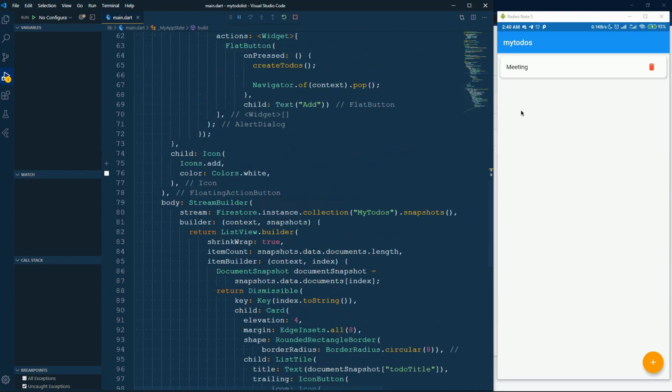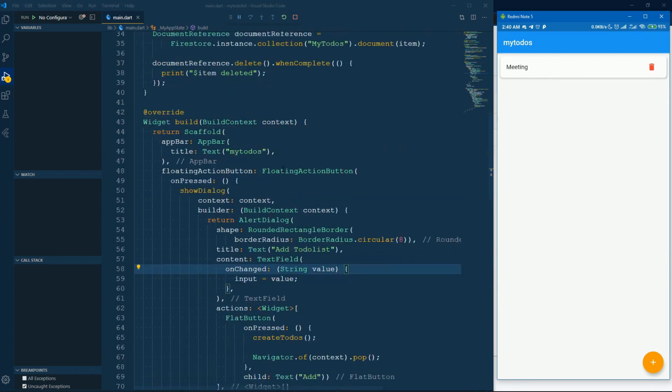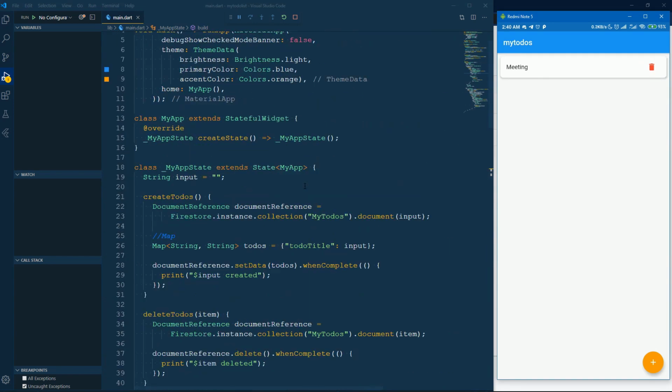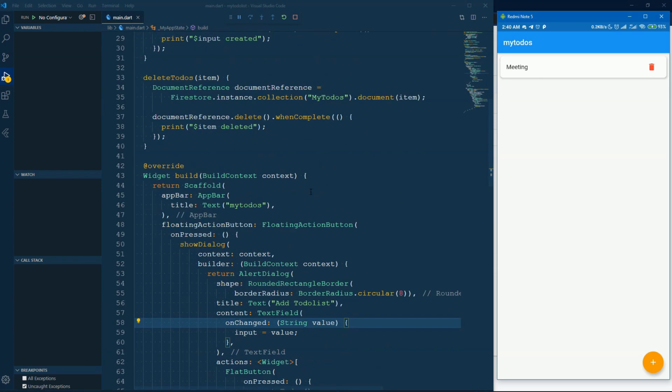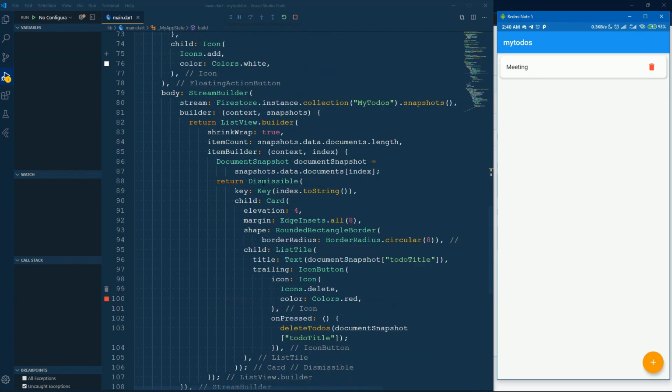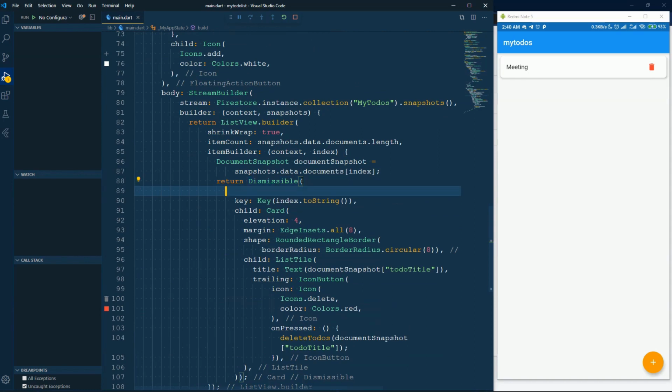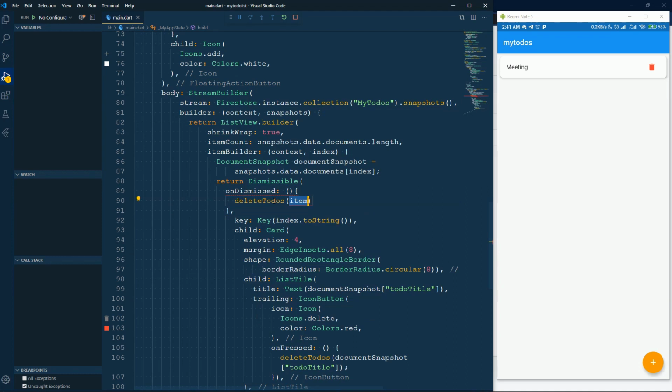And I think we need to give method in onDismissed. So we go to Dismissible, and here we say onDismissed, and we say deleteTodos and documentSnapshot,